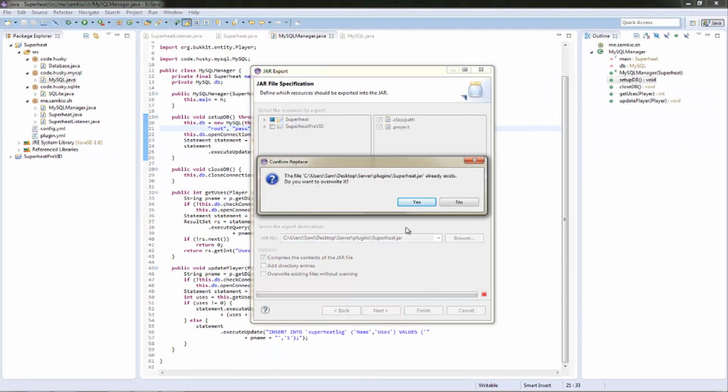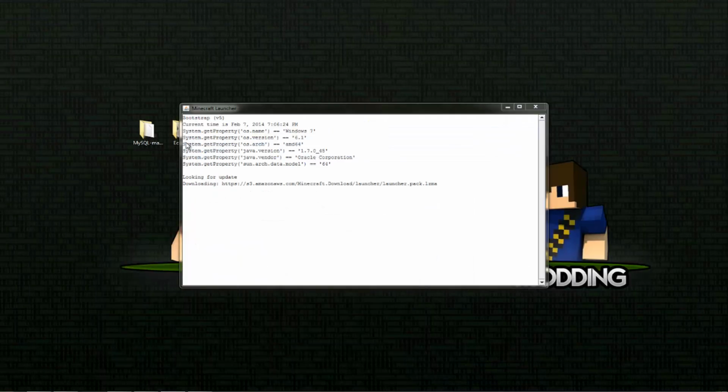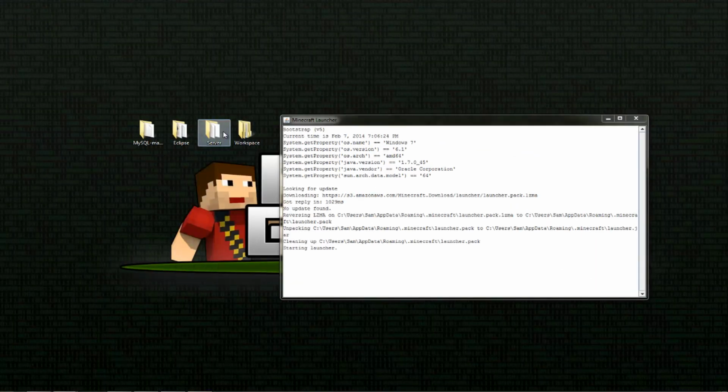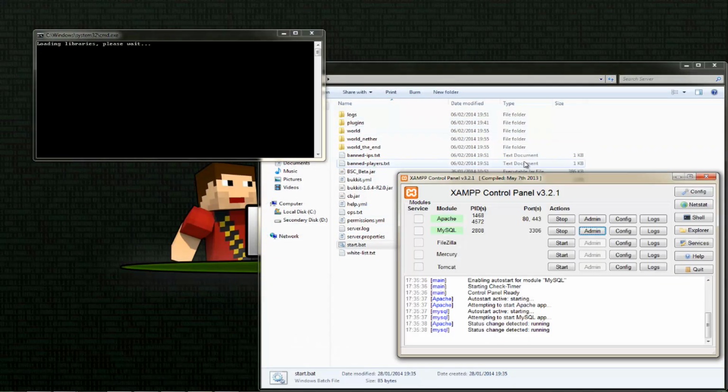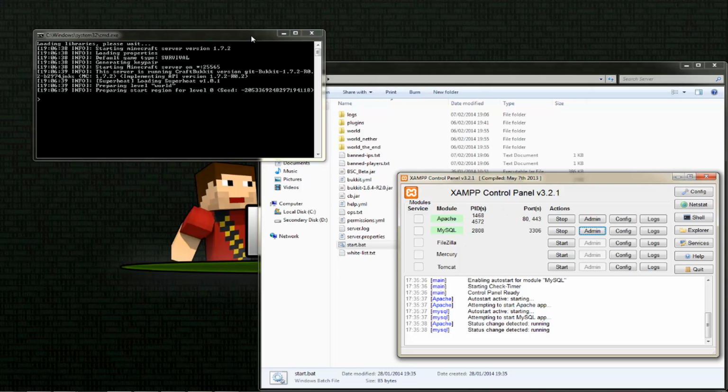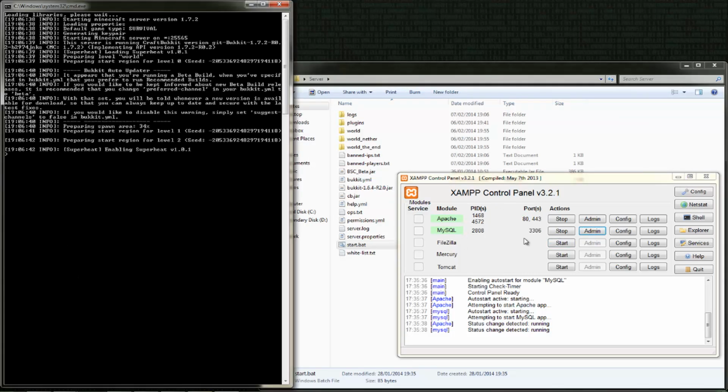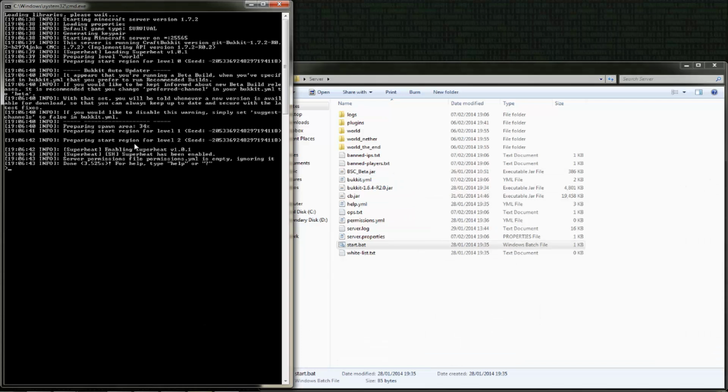Superheat, finish. Yes, okay, and then let's load up the server, and hopefully, so I've got my XAMPP. If you want to, I think I had done a tutorial previously on how you can install XAMPP for Windows, and you can have a sort of testing ground at least for your MySQL databases. So you can see here, loading Superheat, and there we go, enabling Superheat version 1.0, and then Superheat